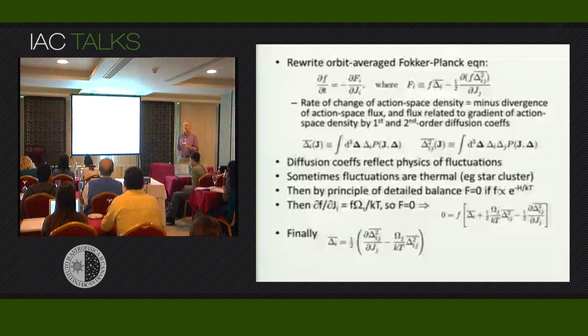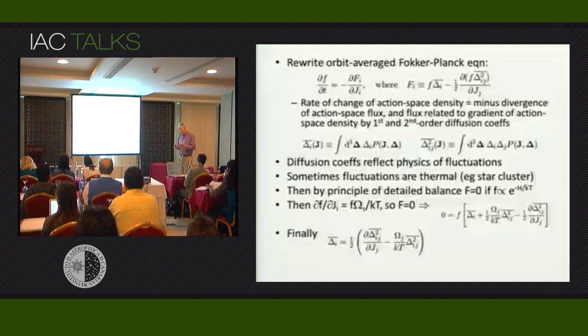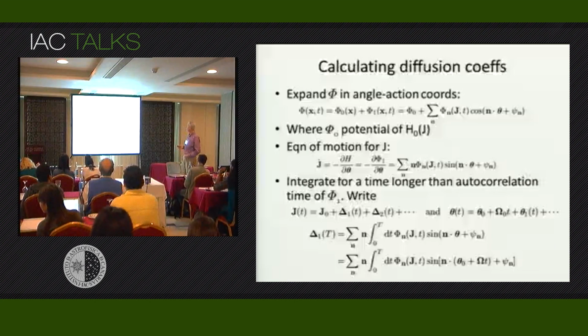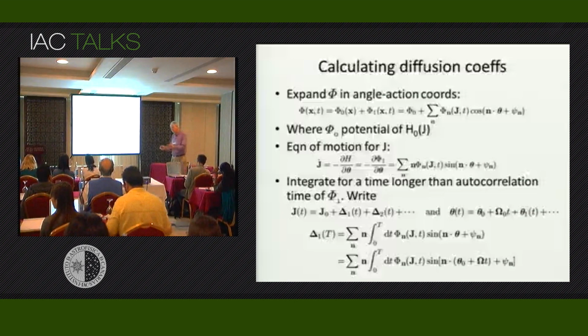And I got as far as saying yesterday that they're non-zero because there are fluctuations in the gravitational potential coming from a variety of sources. So what I'm now going to address is: how do we calculate those diffusion coefficients, if you know what the fluctuations are in terms of the gravitational potential? So what we're going to do is